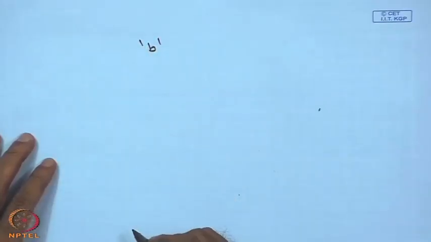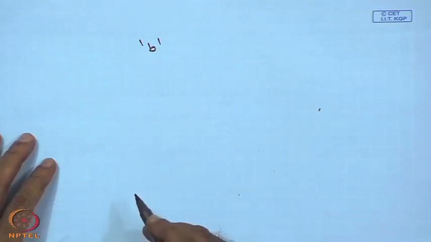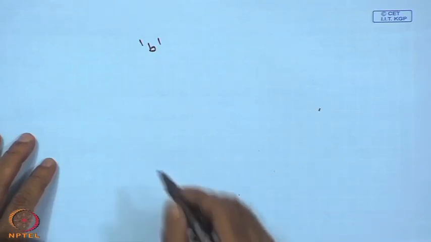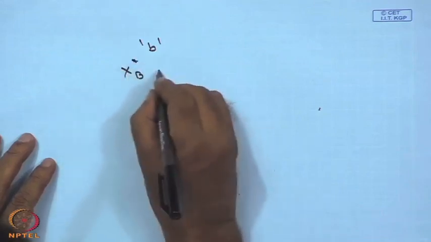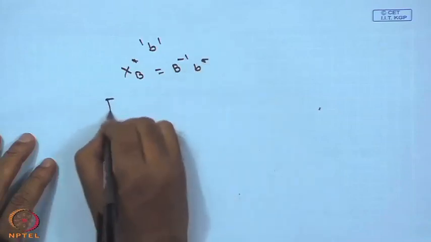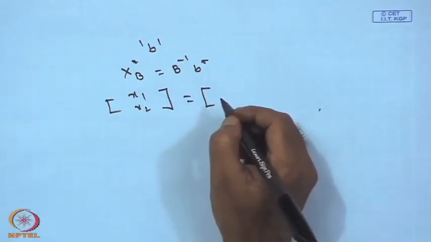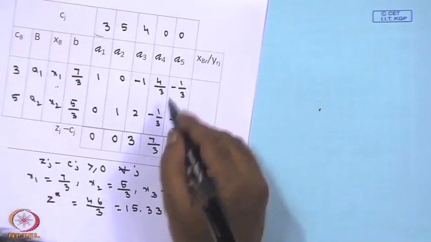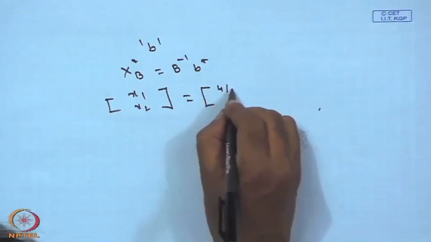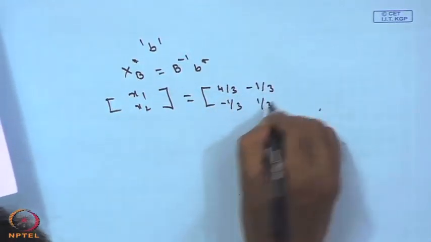That is, how should the B value be changed so that the profit will increase or decrease. Your xB star, if you see, is B inverse B star. So your x1 x2 you can write down directly from this table, that is 4 by 3, minus 1 by 3, minus 1/3 and 1/3,